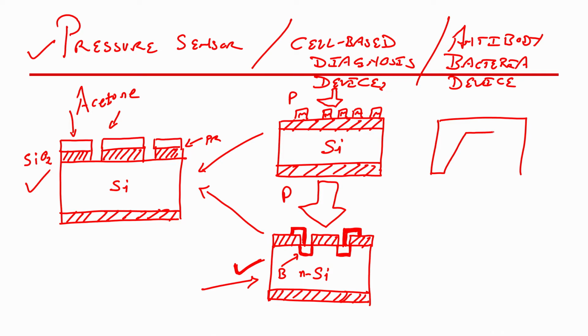Everybody knows how to create a diaphragm. If I use wet etching, I will have this particular shape of the diaphragm, correct. How to form diaphragm? You will protect the area which you do not want to etch, and the remaining area you will be exposing to the BHF, because this is silicon dioxide, right. This is your photoresist.